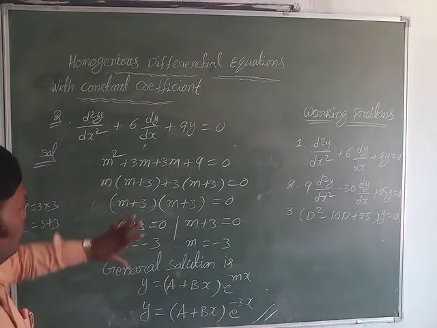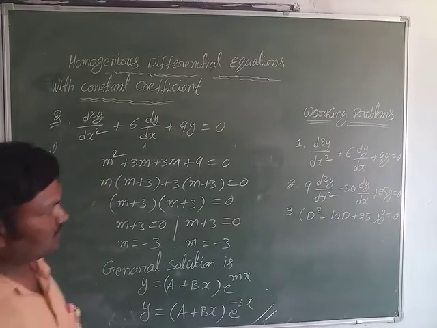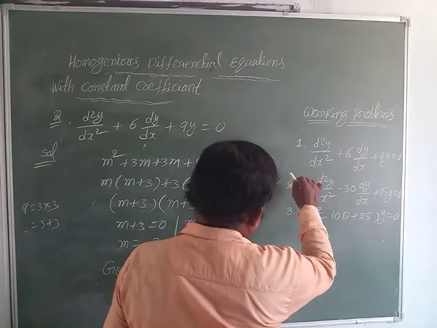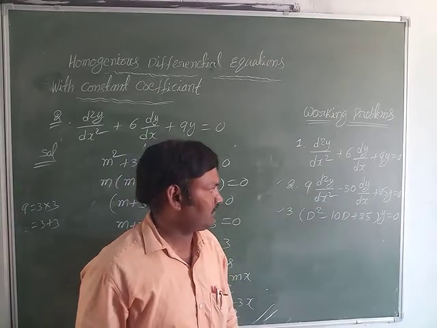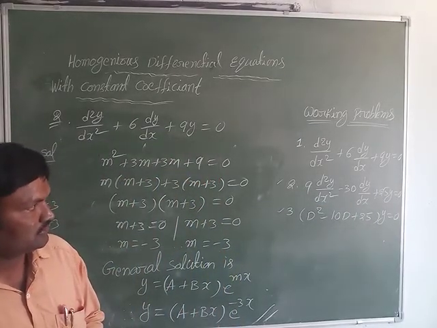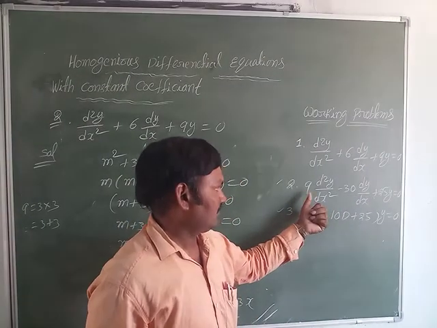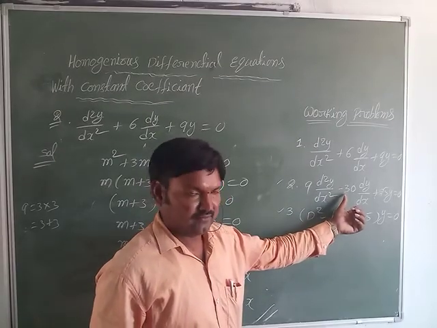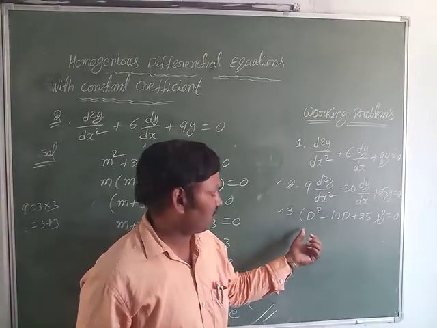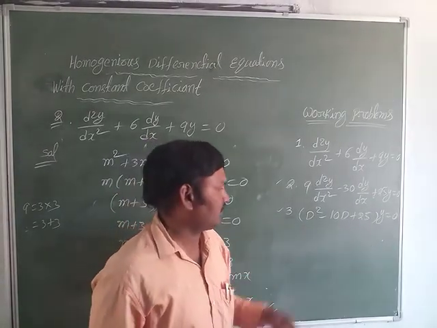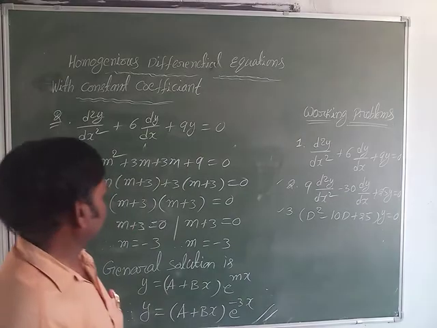So there are two problems we have to solve. One is the first case, this is the second case. So now we will be practicing two problems here. One is 9 d square y by dx square minus 30 dy by dx plus 25y equal to 0. Here also the product of 25 into 9, the middle value compares equal to 30. These problems are also given in symbolic form. We don't change the symbolic form of this equation. This is already given, (9D square minus 30D plus 25) y equal to 0.